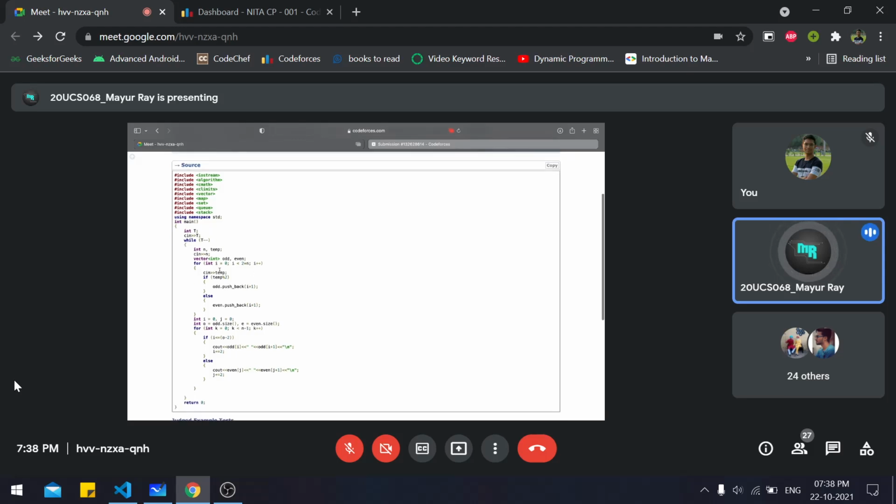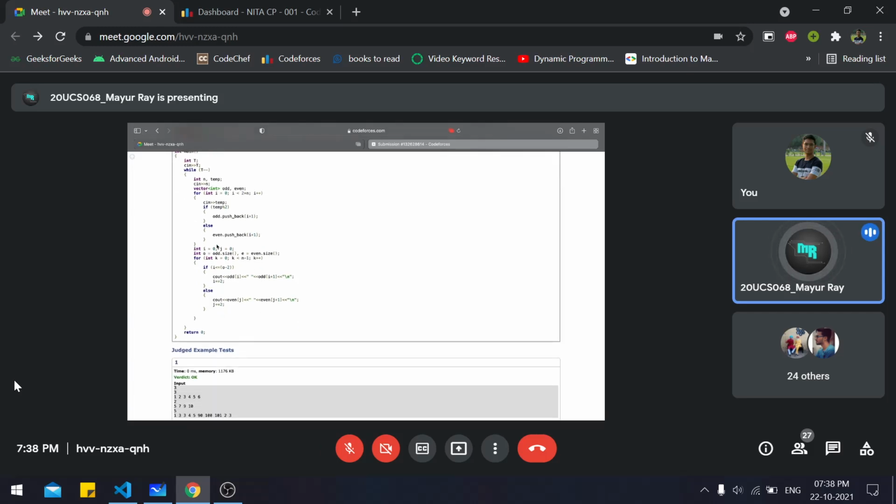I have run this loop up to n times and taken all the numbers as input. If a number is odd, I have pushed the index. Since it is one-based indexing, I have added one here. If it is odd, I add it to the odd vector. If it is even, I add it to the even vector.